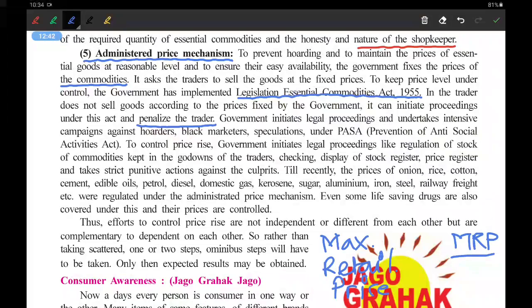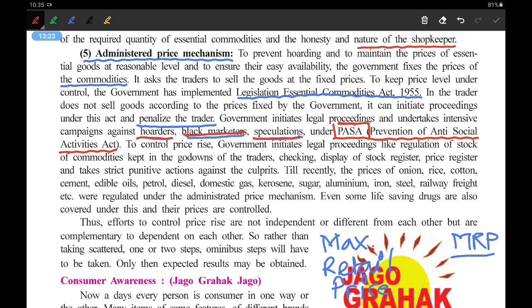The government initiates legal proceedings and undertakes intensive campaigns against hoarding, black marketing and speculation under PASA. Now remember this very important word, PASA. PASA stands for Prevention of Anti-Social Activity Act. PASA is a short form of Prevention of Anti-Social Activity Act. Okay. So if any person is involved in hoarding, black marketing or speculation, that the prices of this particular commodity will rise in the near future and all kinds of things, then he can be booked